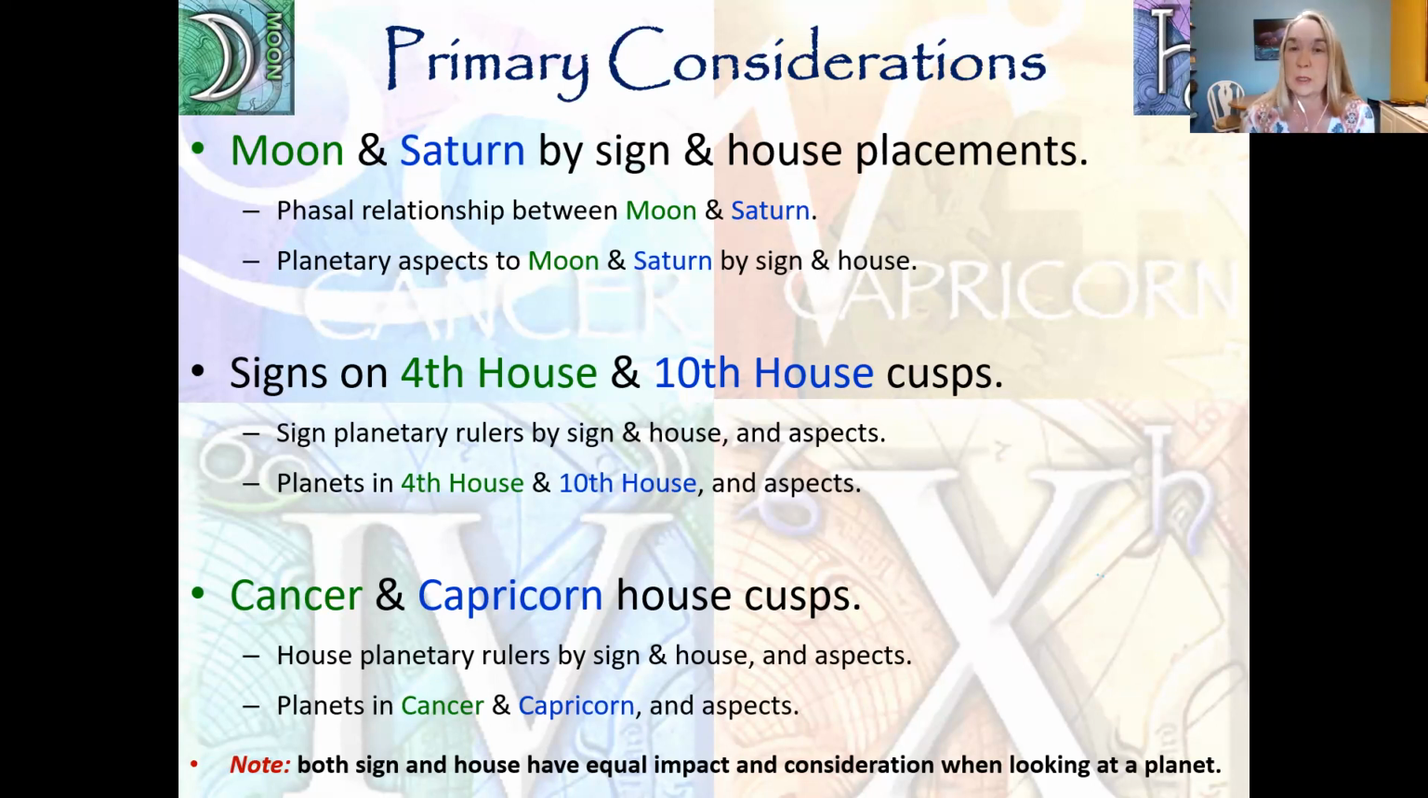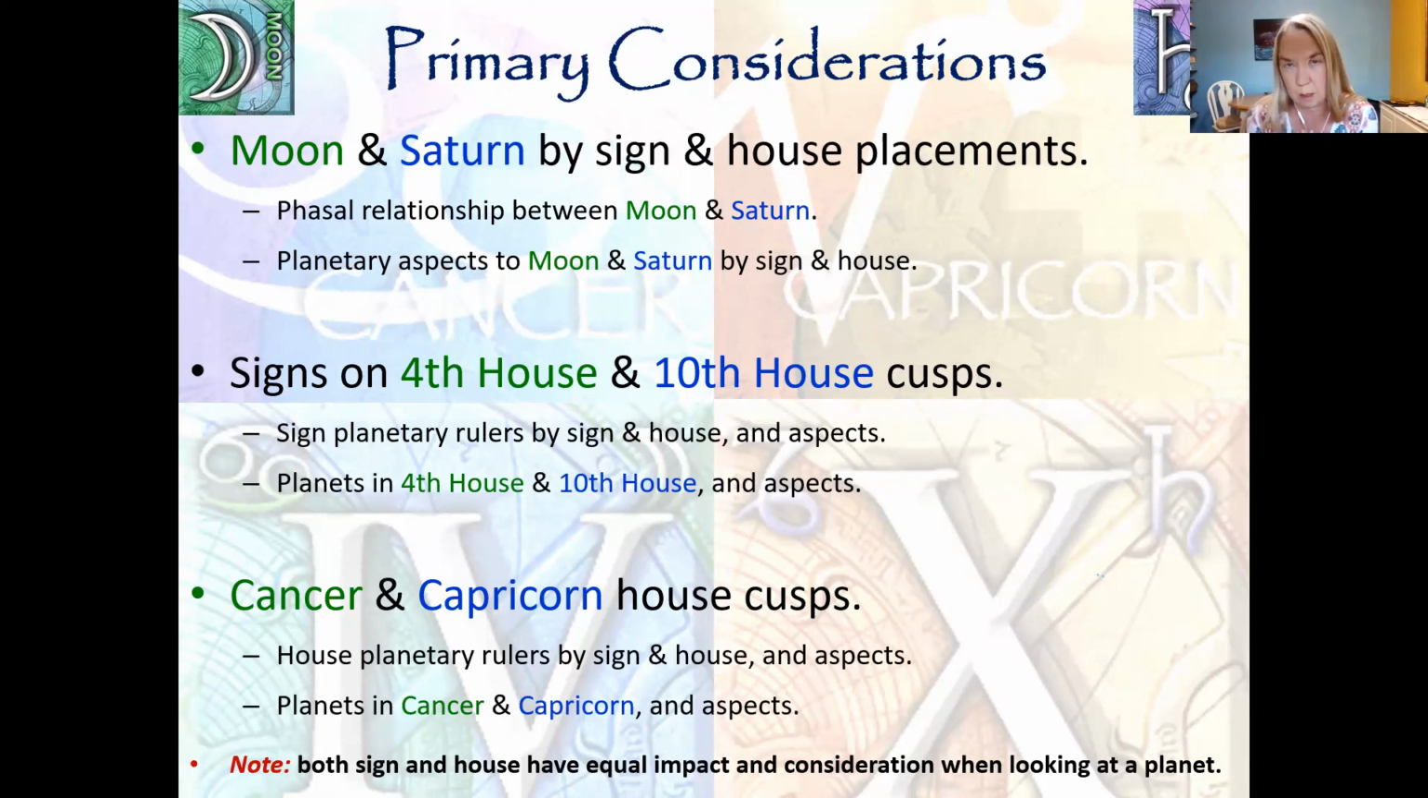So where are the house planetary rulers by their natal position, sign, and house, and what aspects are they making? And then, are there planets in the sign Cancer? Are there planets in the sign of Capricorn? Are they making any aspects? And so, one more time again, this is the nuts and bolts of everything when we are looking at the